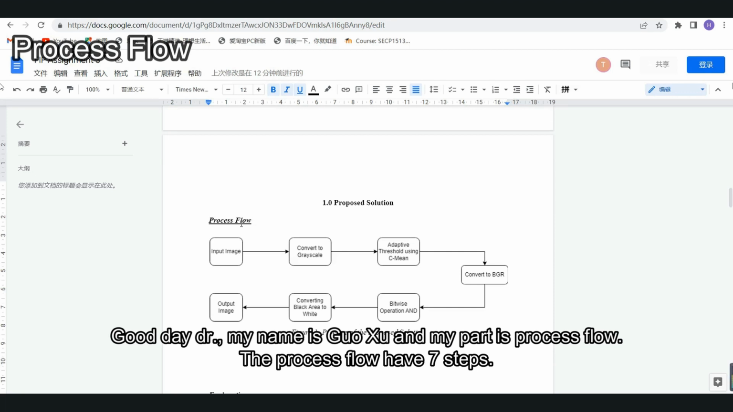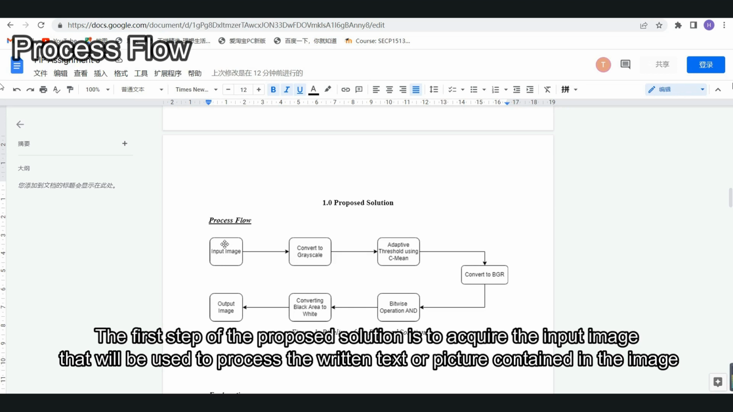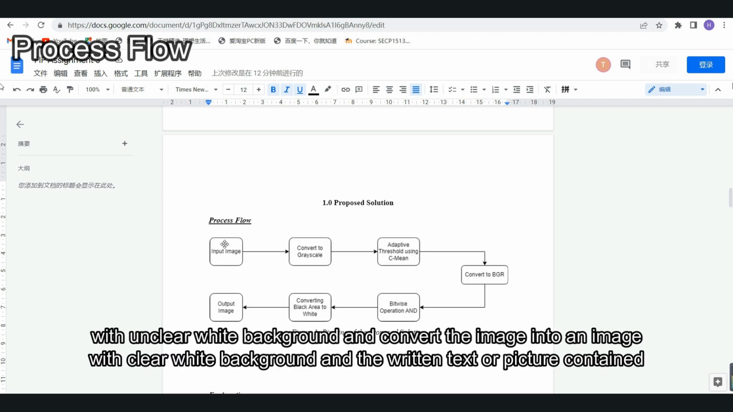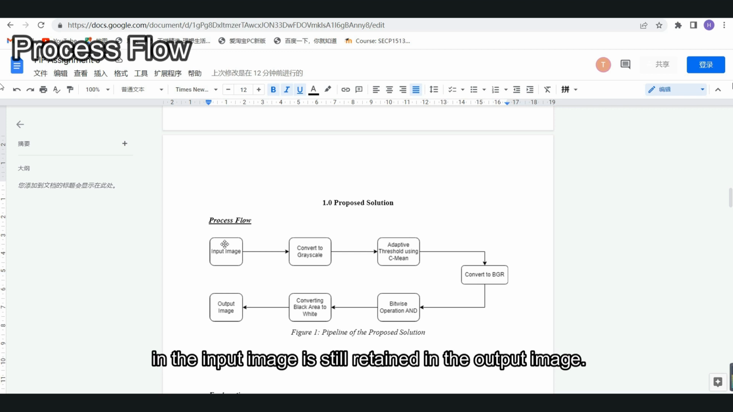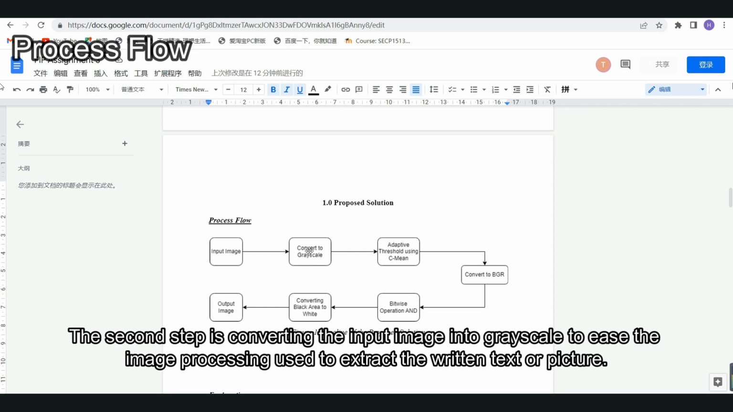The next part is the process flow. The process flow has 7 steps. The first step of the proposed solution is to acquire the input image, which will be used to process the written text or picture contained in the image with an unclear white background, and convert it into an image with a clear white background, while the written text or picture contained in the input image is still retained in the output image. The second step is converting the input image into grayscale to extract the written